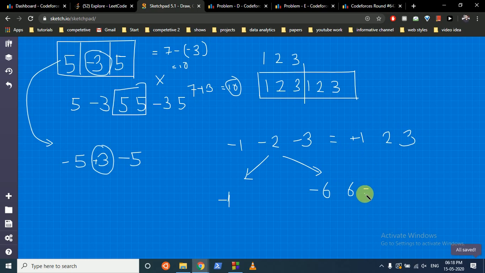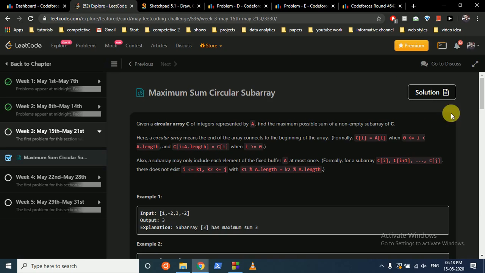If we add them, the answer will become 0, which means the algorithm is stating that we don't need to take any element. But the question statement states that we have to take a non-empty subarray.